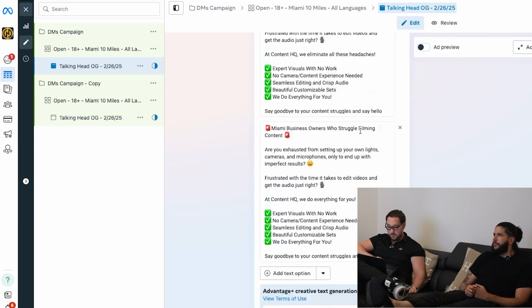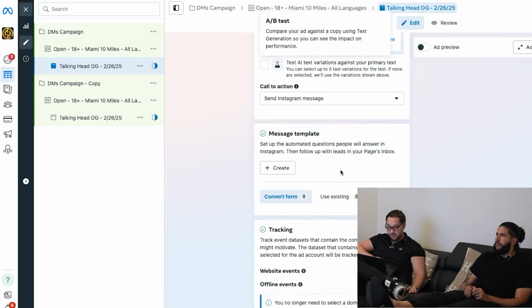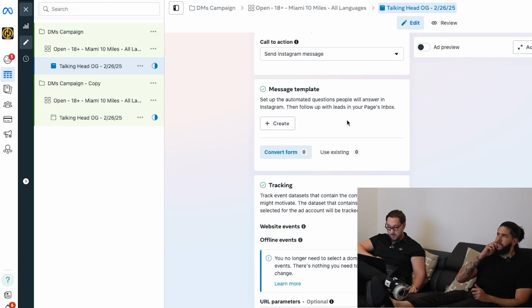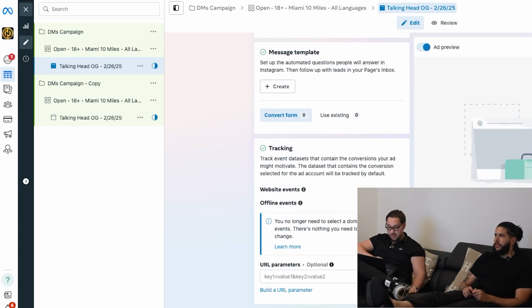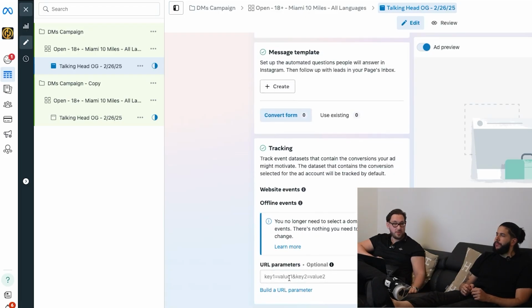But now we have two primary texts, and then we have the call to action, which is send an Instagram message, right? Turn ad preview on so we can see the video when it pops through. Now tracking, this is where you add some kind of pixel, some kind of message template, or some kind of URL parameters, which if you use your CRM, you can track exactly which ad